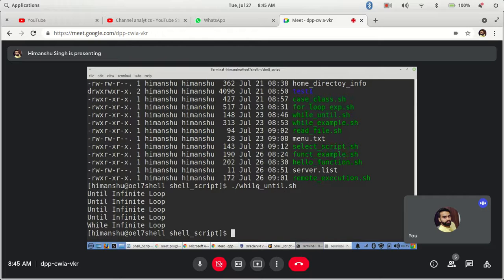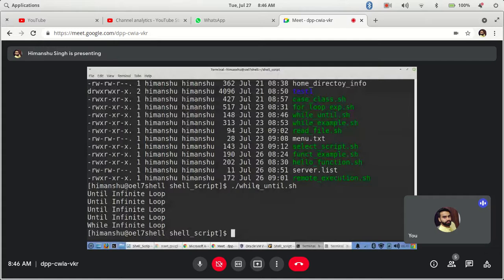That script runs when I am running it, but I want it to run automatically. So what we use is cron jobs. A cron job will be specific to the user. If I am setting the cron job for Himanshu, it will be only for Himanshu. It's like a task scheduler that schedules a set of actions I have defined for this particular script.